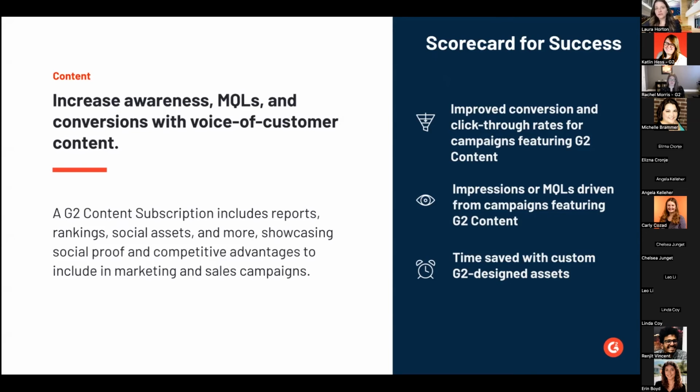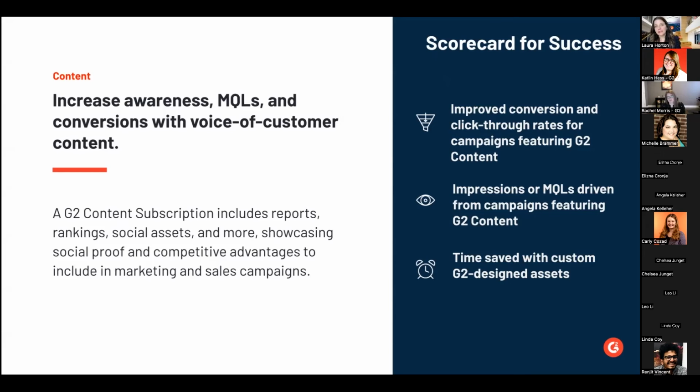Similar to that, the impressions from that campaign. And then one thing which we'll actually highlight a new feature on today is the time savings that you may have from using some of these G2 designed assets. So if you are a content customer, we do provide some amount of social assets like infographic type things with your package, but also you know that you can count on those reports every quarter to have something fresh to share out, maybe some stats to update, some new badges to put up, things like that, that you don't have to design yourself. And we've recently made it even easier to generate compare reports, which we'll show here in a